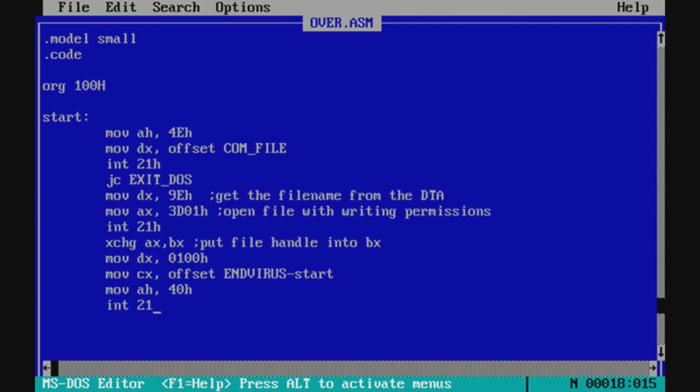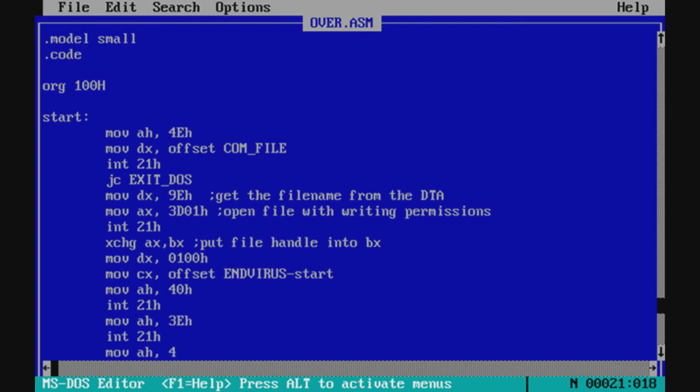So we want to write our virus into the host program, INT 21H, and then now we're going to close this file with AH equals 3E hex and INT 21H,